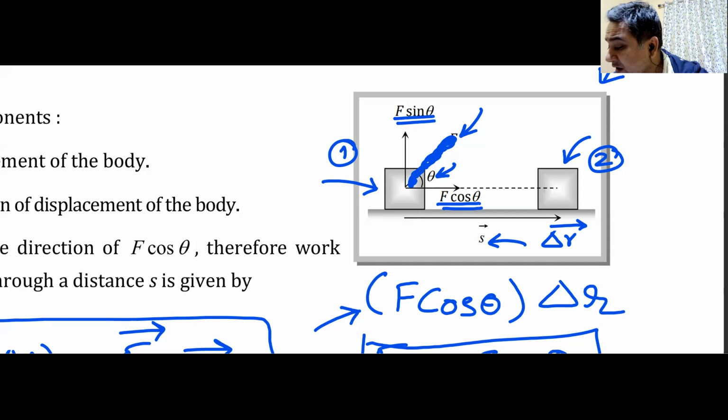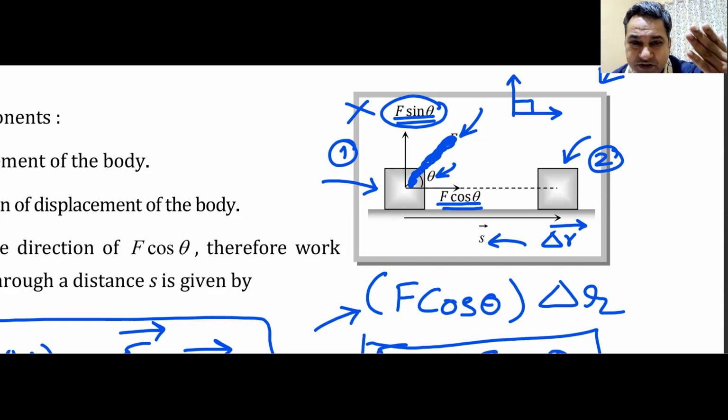Now, if we have to find out the work done by this F sin theta force, look at this F sin theta force, which is perpendicular, and the displacement is horizontal. If you look at this case, the angle between this force F sin theta and displacement is 90, and hence work done by this component or this force is 0. Do we understand this? Can I have some raise hands? So the work done by the perpendicular component of force is 0. The only work